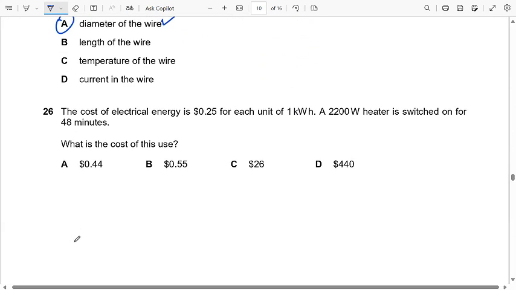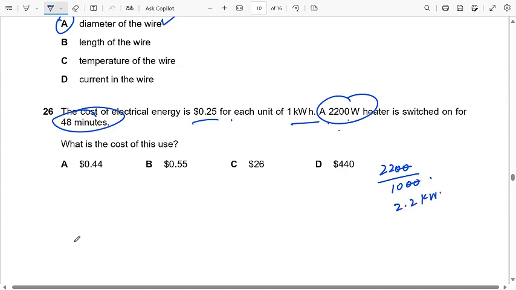The cost of electrical energy is $0.25 for each unit of 1 kilowatt hour. A 2200 watt heater is switched on for 48 minutes. What is the cost of this use? किलोवाट आवर में कन्वर्ट करें, 2200 वॉट को आप किलोवाट में करेंगे, पहले इसको आप 1000 से डिवाइड कर देंगे,